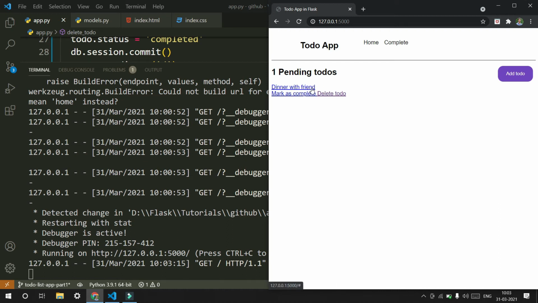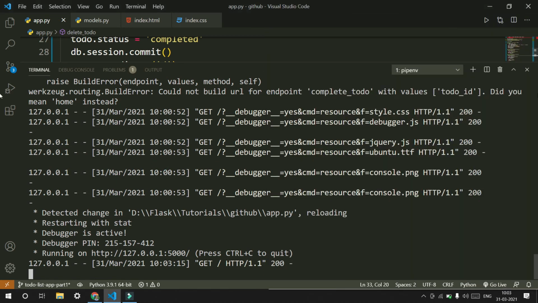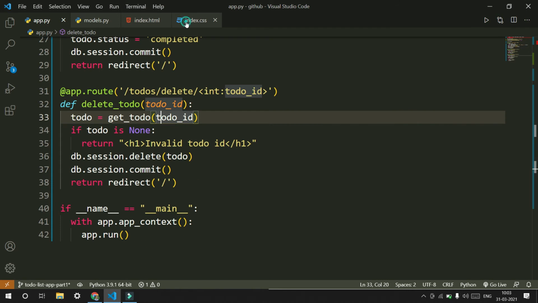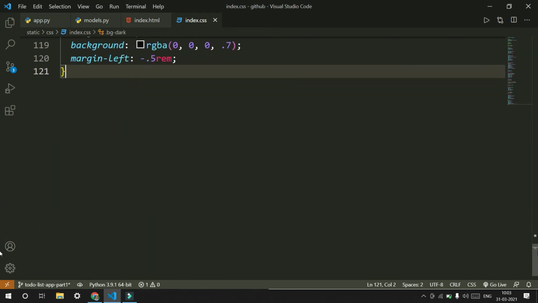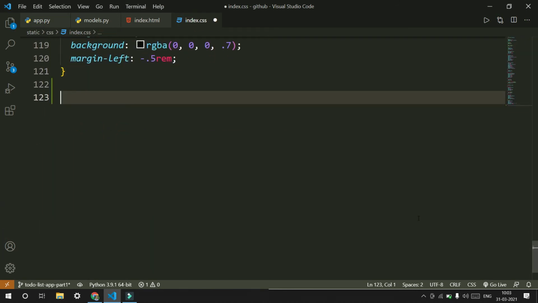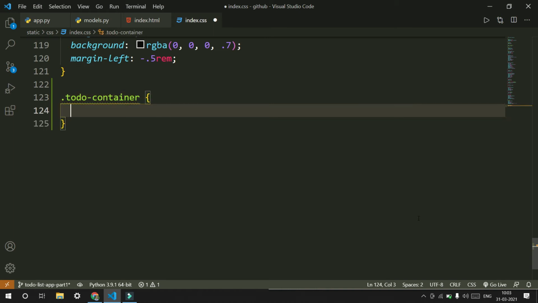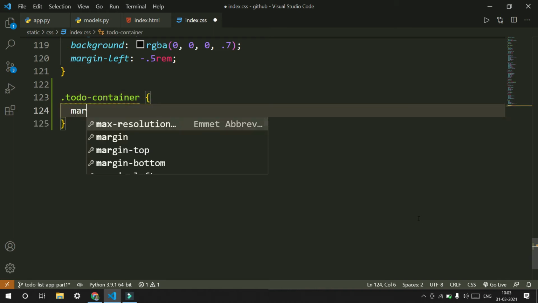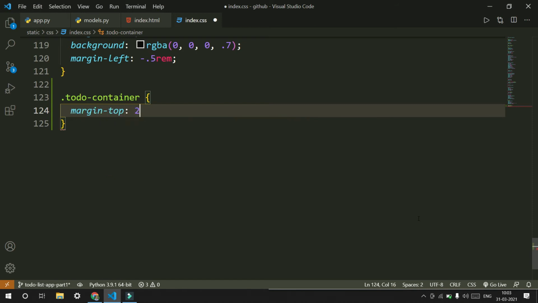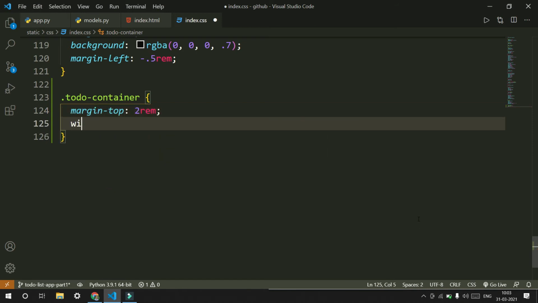So before moving on, we just wanted to style these to dos. Right now this is not really great. Let's go into our index.css. Let's start the css. I'm just going to do this pretty fast because in the last video we spent a lot of time styling our application. So we say margin-top of 2 rems, width of 80%, and then the margin of auto,